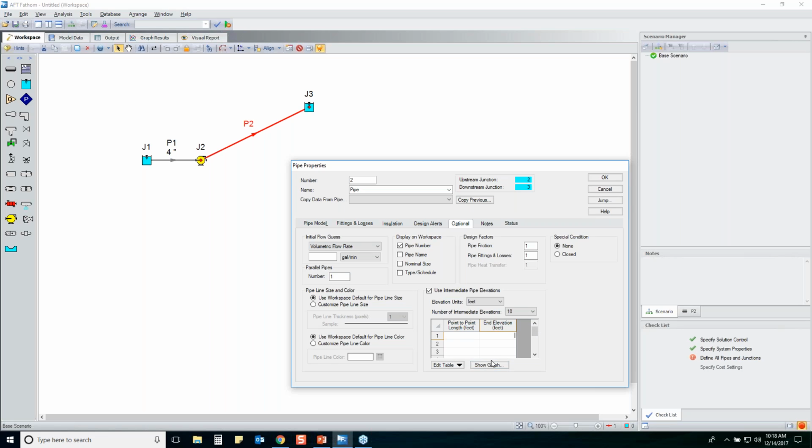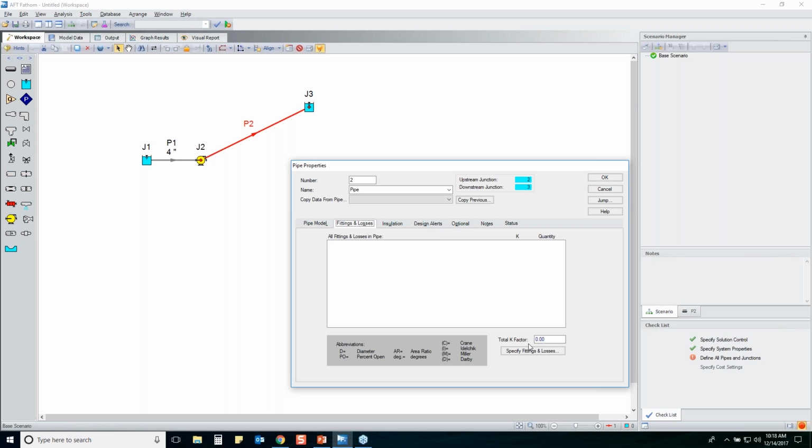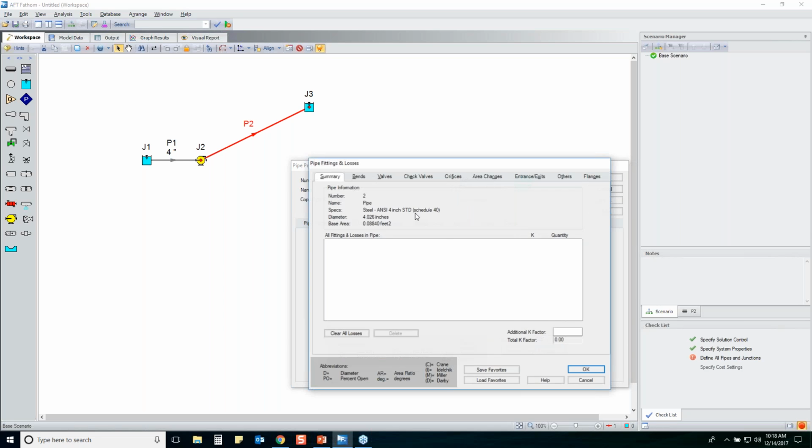You can copy and paste data if you already have that information in a spreadsheet, or you could import it from a CSV file. So that's a really convenient option that you can use if you want to account for elevation changes. The other thing is that in this pipe, I have a whole bunch of fittings and losses, and